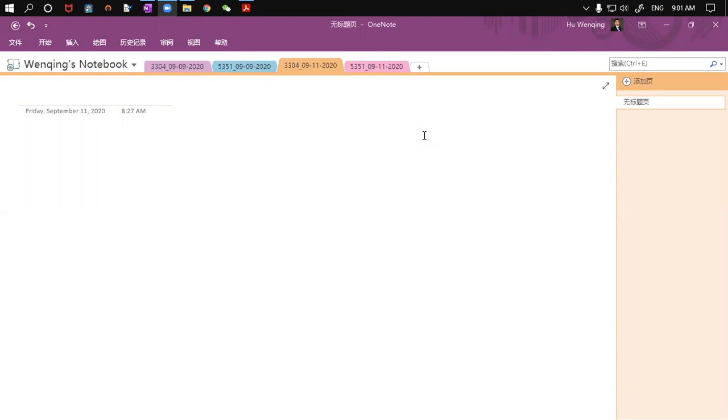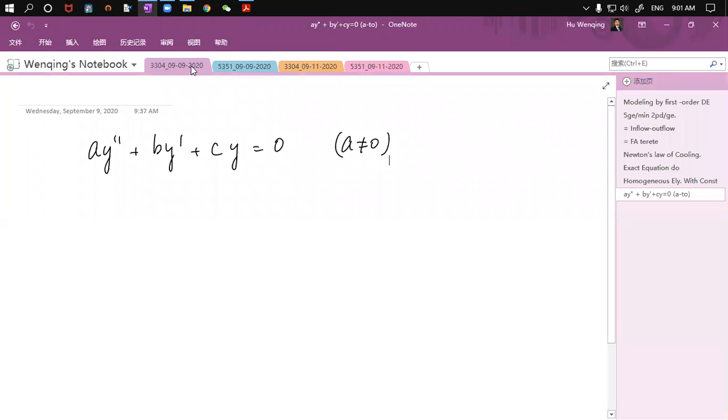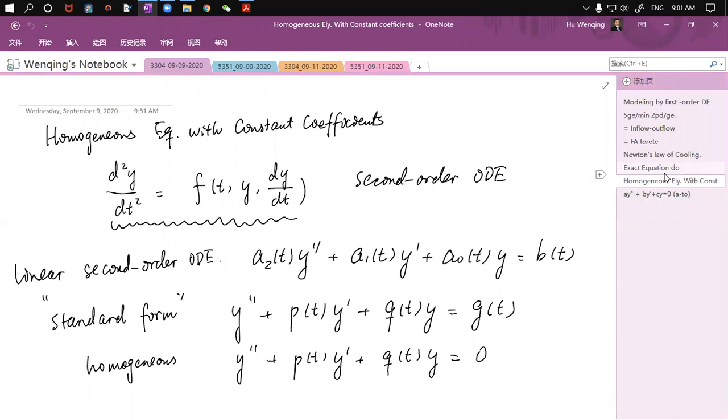Okay, so let's start today's lecture. We are going to continue with what we left off in the last lecture. By the end of last lecture, we had been talking about homogeneous equations with constant